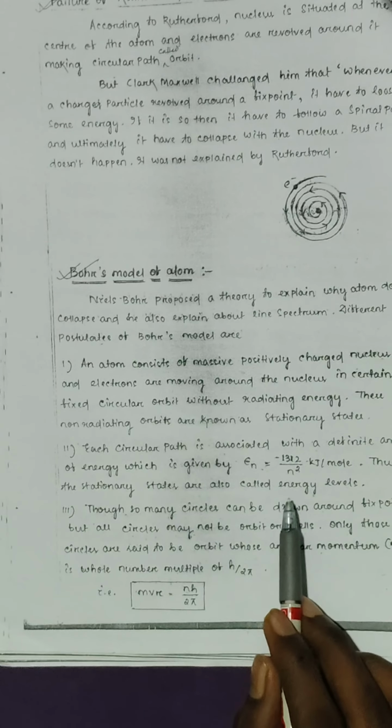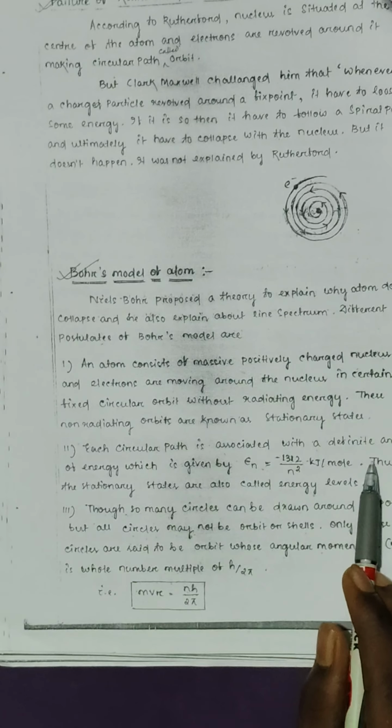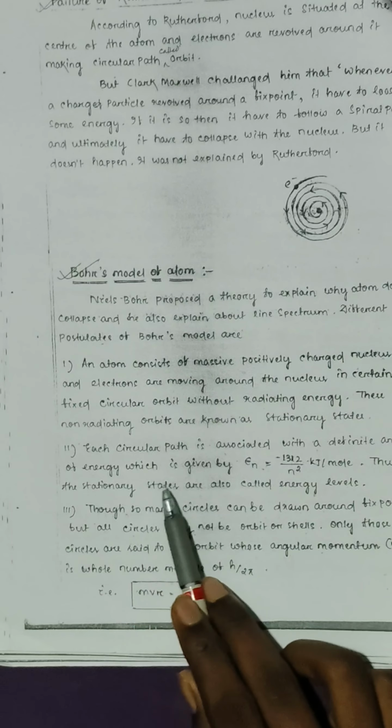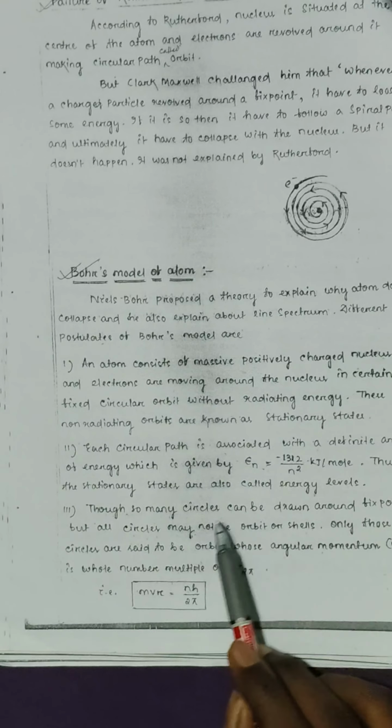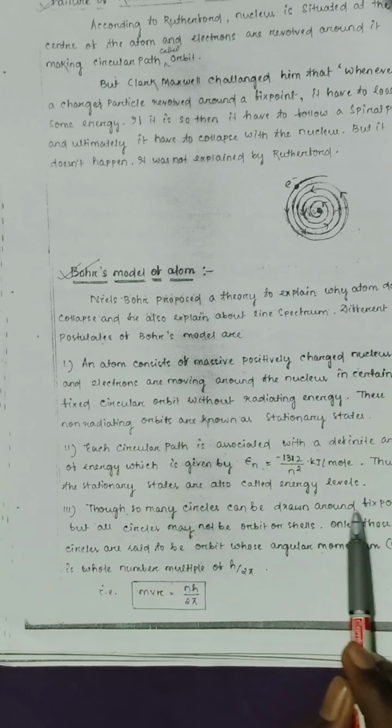So let's focus on the chapter. Thus, the stationary states are also called energy levels. Though many circles can be drawn around a fixed point,